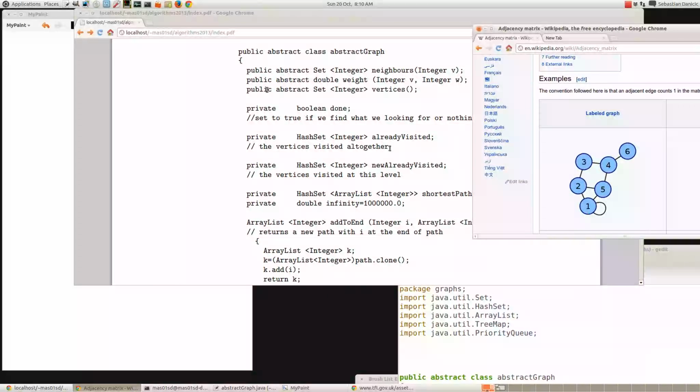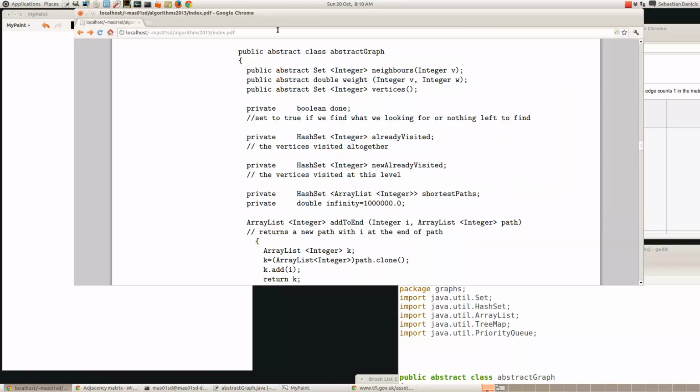Now also this thing here, this is a function with no parameters which returns a set of integers, and that function gives us all the nodes in the graph that we're interested in. So in this case, vertices would give us the set 1, 2, 3, 4, 5, 6. Right. So how are we representing other things in our